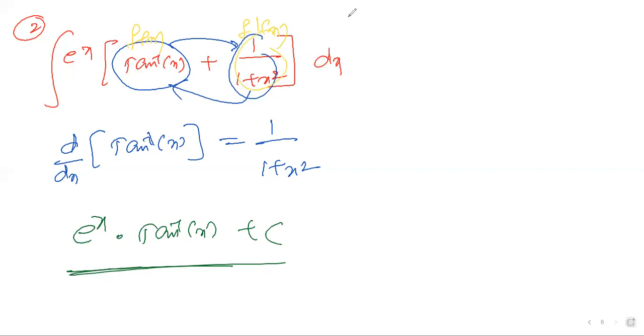Now we go back to the third question here. The third question is integration of log x by x square into dx. Clear or any doubt? Okay. For this question, how can I approach? The thing is there is no e power x, so there is no alternative to do e power x into f of x. We cannot assume that either. So for this question, I'm going to split it into two parts.